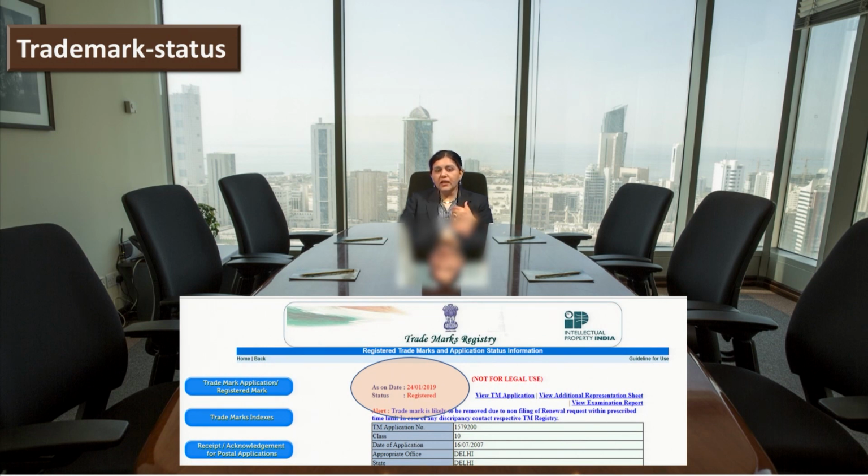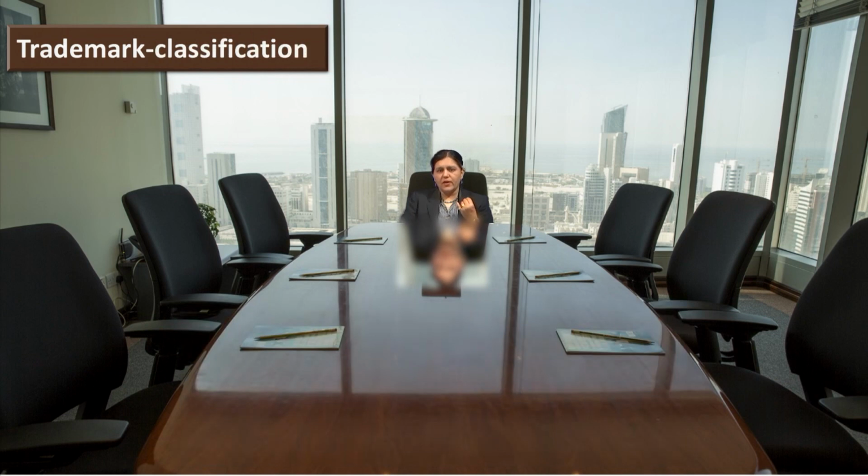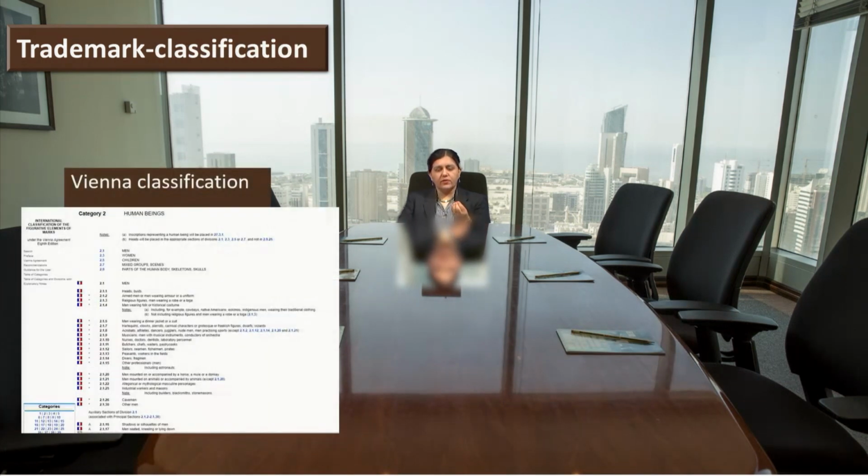Now, next is classification. We have dealt with the classification. I have given you a little bit of information about classification. So, what is this Vienna classification, you are well aware. Now, I will give you a little example of that codification. For example, if you see the codification as 2.5.3 comma 18. So, if this kind of Vienna classification is there.